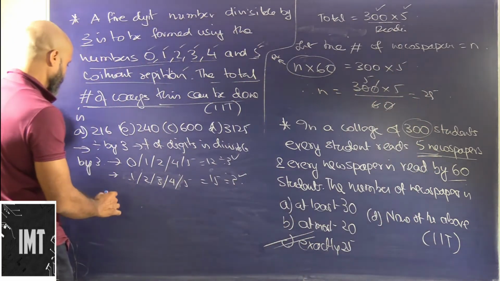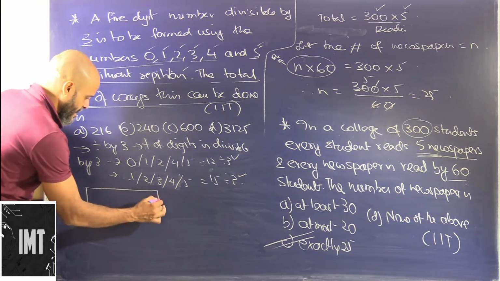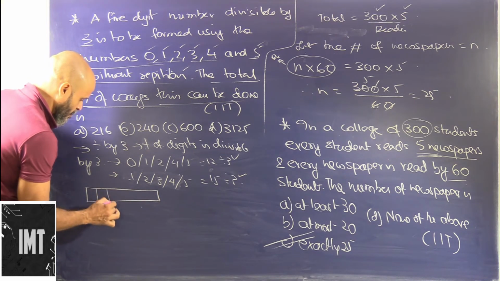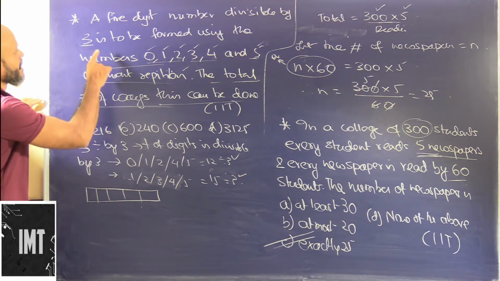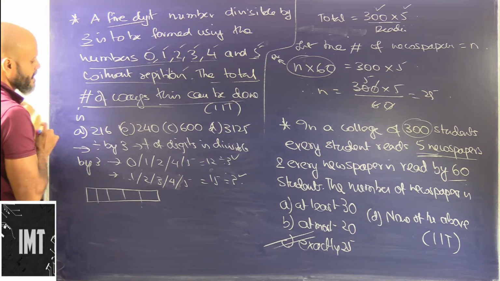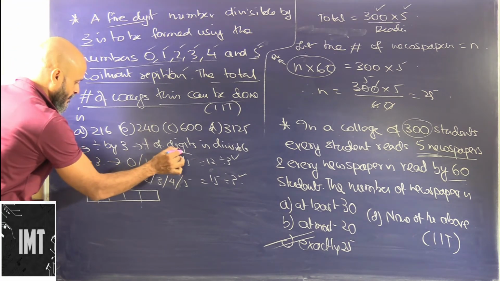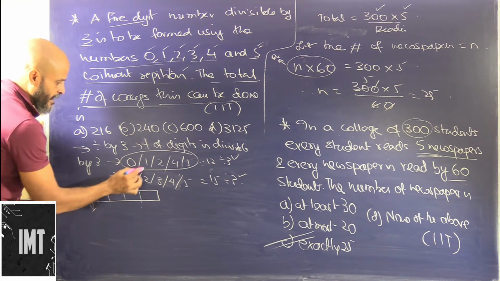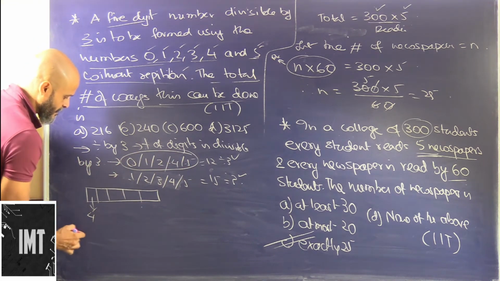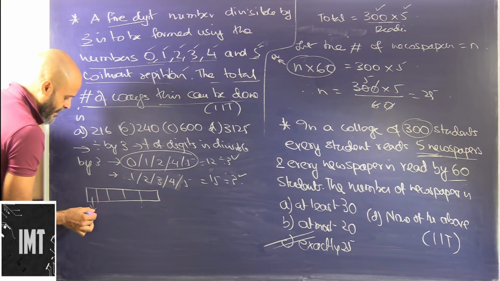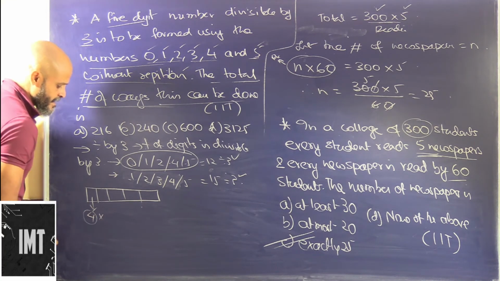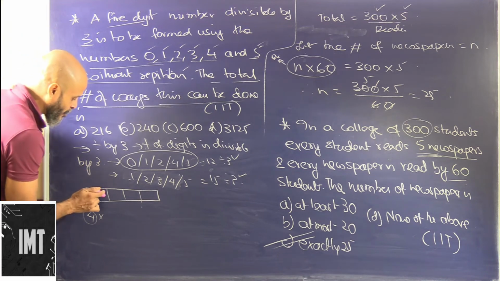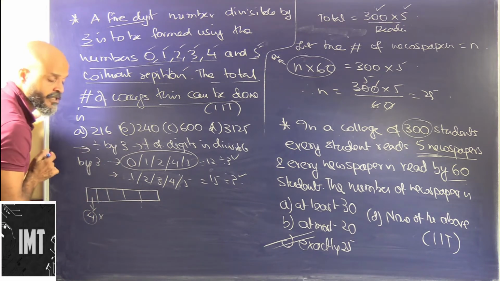Now this is basically a 5-digit number to be formed, divisible by 3. First of all we will take the set of digits containing 0. Obviously we cannot fill a 0 in the first place. So how many ways can we fill this place? Obviously 4. Now after we have filled this in 4 different ways, since repetitions are not allowed, how many ways can we fill the next place? Now we will include this 0.